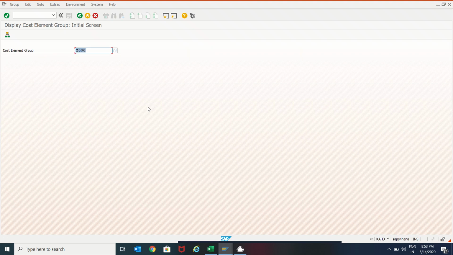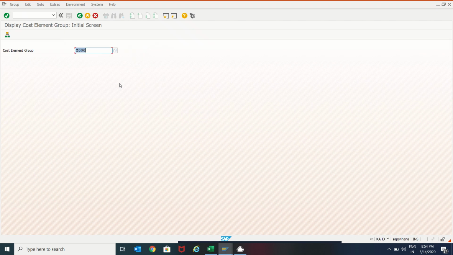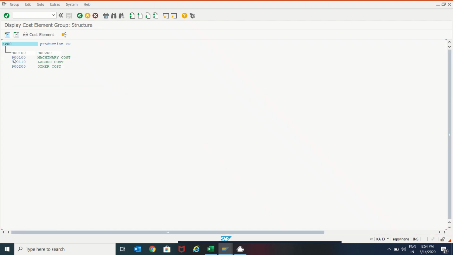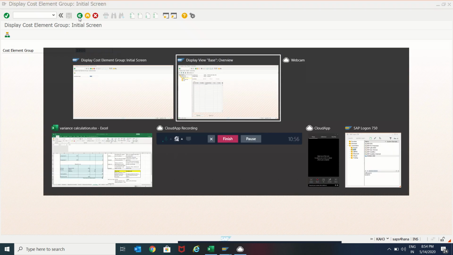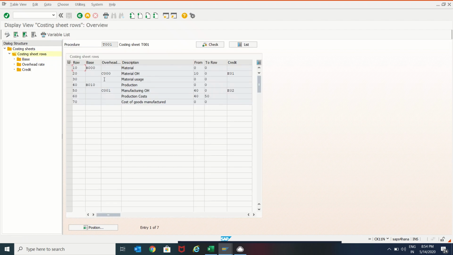So the cost element group, whatever we have given in the costing sheet ZP00. So here we can see machinery cost, labor cost and other cost. So these are the cost elements which we have assigned in the activity type. Okay. So here in this cost element group, we have given the secondary cost elements.